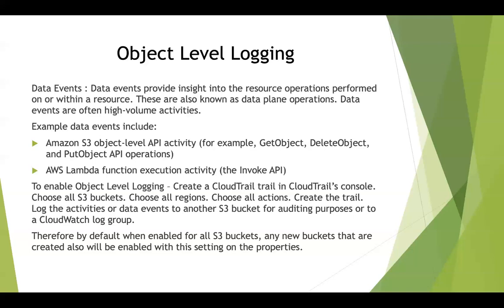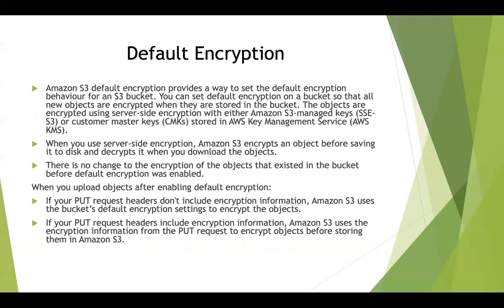Okay. And finally, the fifth property that we are going to study today is called encryption. This is a high level overview that I'll be giving, because it's a very basic setting that is enabled. Amazon S3 default encryption provides a way to encrypt all of your objects in an S3 bucket. You can set the default encryption at the bucket level, so that all the objects, and any new objects, are also encrypted when they are stored in the S3 bucket. Generally the good practice would be to enable encryption at the start itself when you create the bucket, rather than enabling it at a later point of time when you already have objects in your S3 bucket.